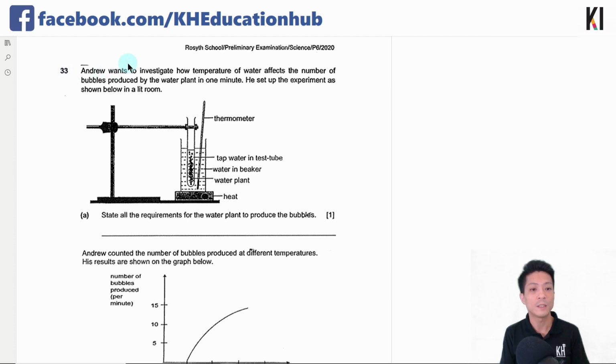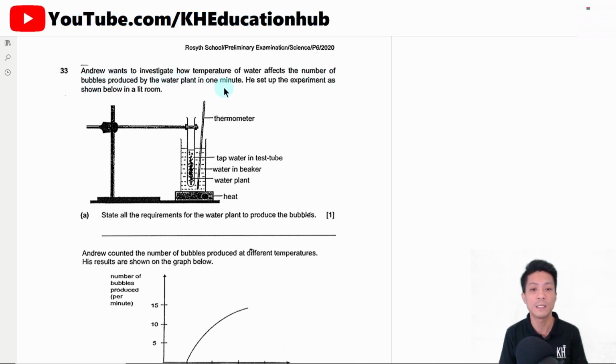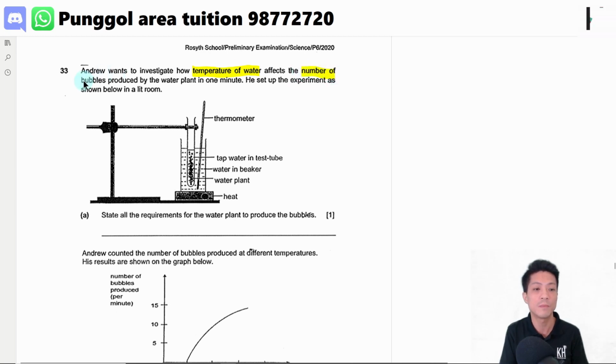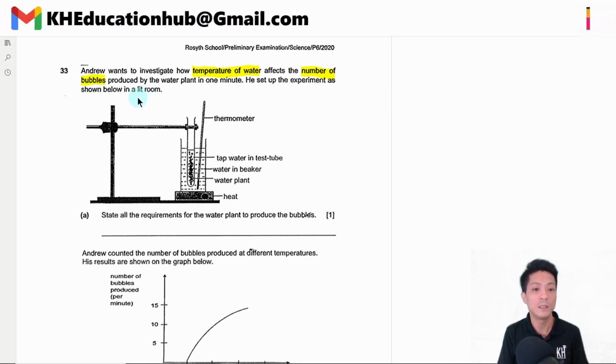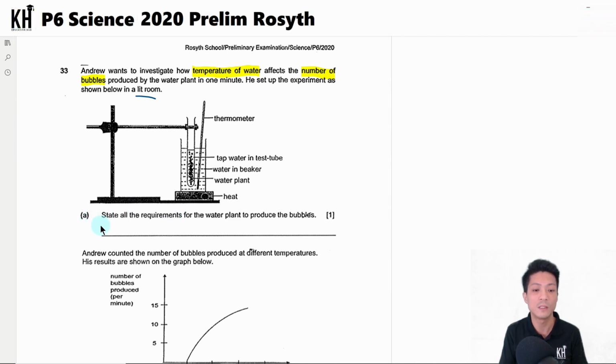Question 33. Andrew wants to investigate how temperature of water affects the number of bubbles produced by the water plant in 1 minute. So in this question, how temperature of water will be the changed variable. Okay, the number of bubbles will be the measured variable. Okay, so he set up the experiment as shown below in a lit room. Set all the requirements for the water plant to produce the bubbles. Okay, which means that all the requirements for photosynthesis